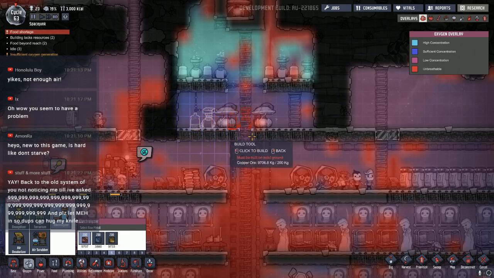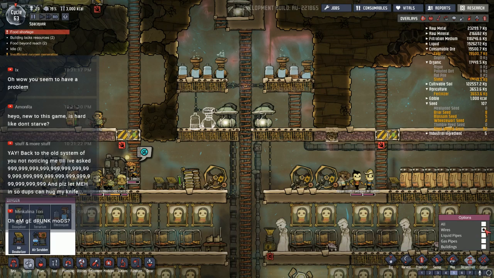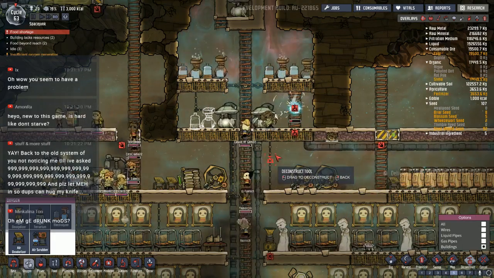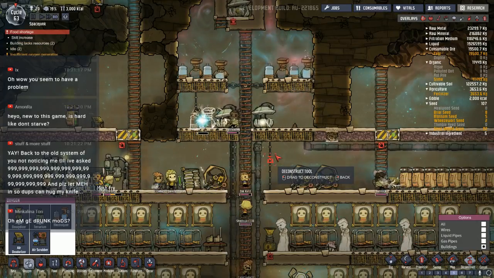I'm going to put a couple pumps right down here. I don't even know why I have a ladder here. Why do I have a ladder there? Deconstruct buildings. Get rid of these. There's always a problem I feel like I'm always chasing after in this game, which is actually kind of half the fun of the game, but...